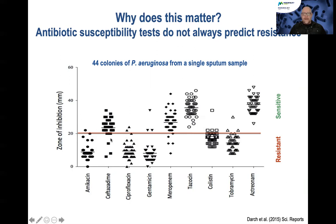And you can see that in this case, 3 of the 44 colonies were actually considered resistant using this standard test. So that tells you that if you picked one of those 3 colonies, and gave the information back to the clinician, it would tell you that the Pseudomonas strain was resistant to ceftazidime. But quite equally, you could have picked, or more likely, you would have picked ones that said that they were sensitive. So by picking only one colony, you are underestimating the sensitivity and resistance of antibiotic